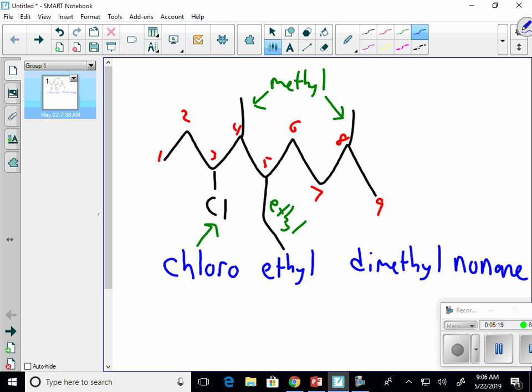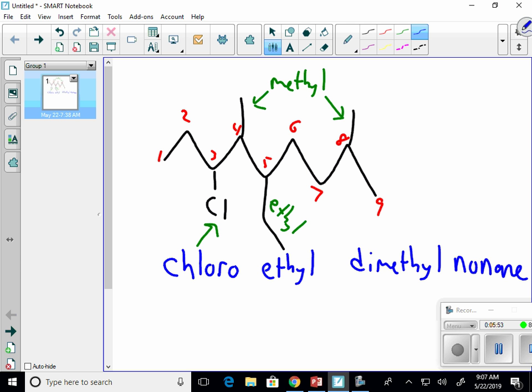However, maybe I shouldn't have given this one right away. This is a little bit trickier. The numbering system is based upon not necessarily reading left to right. I know even your reading guide had one problem from the book that was trying to do that to you. We have to number left to right, right to left, however it is, so that it's the lowest number for each subgroup. And what I mean by that is if I named it right now, I'd call it 3-chloral, 5-ethyl,